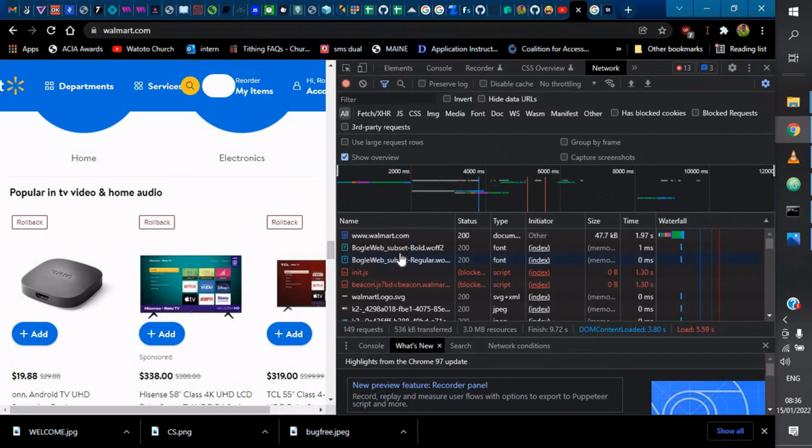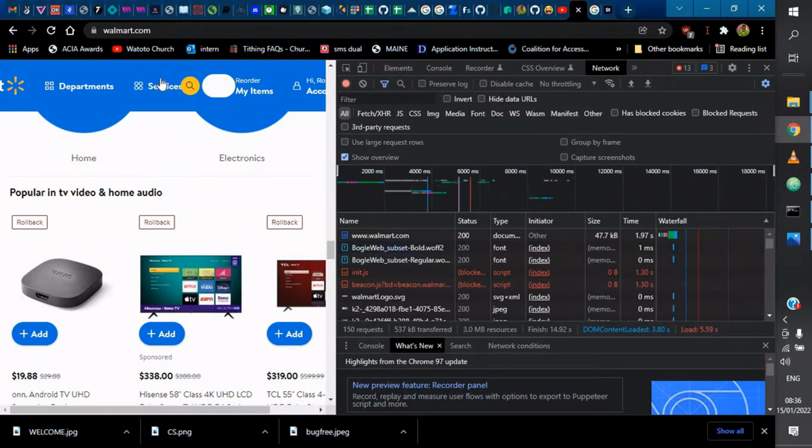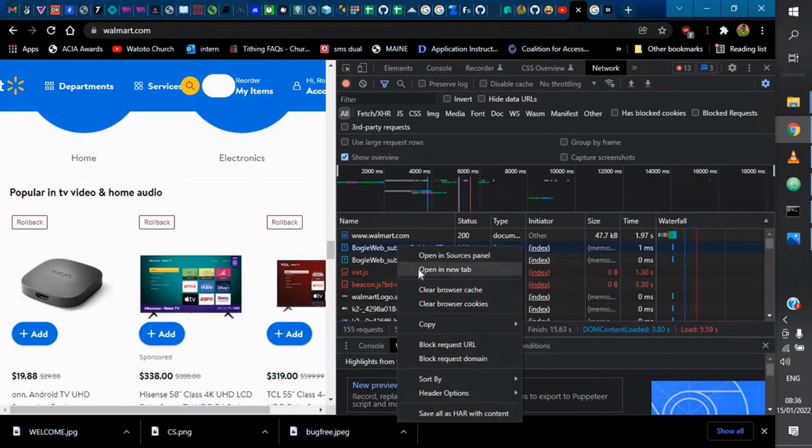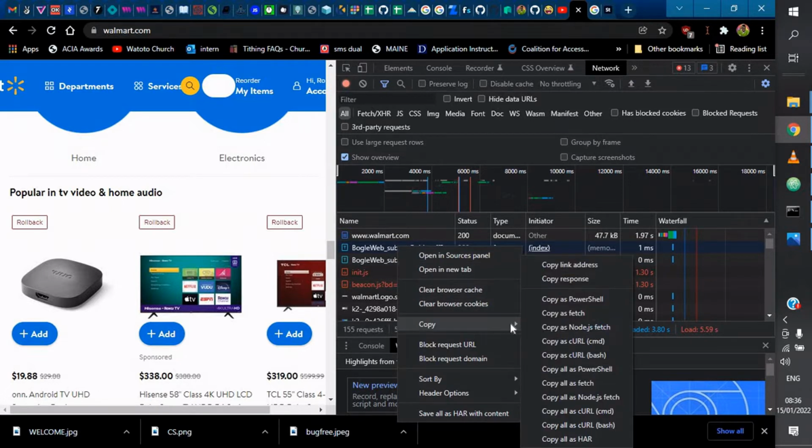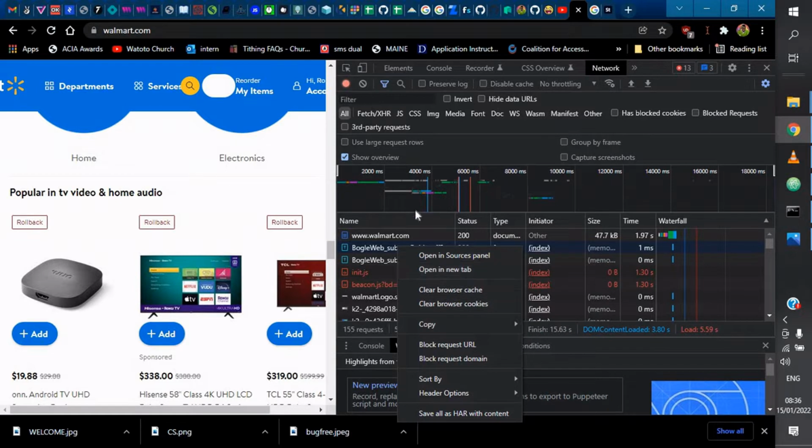So I can web scrape this information when I'm logged into this website using curl. I just have to right click, then copy, then copy it as a curl command. Basically, you can now create something out of this curl and use it to enter this website using the web scraper you're building. I'll show you how to do this later on, but in this particular video I'm going to concentrate more